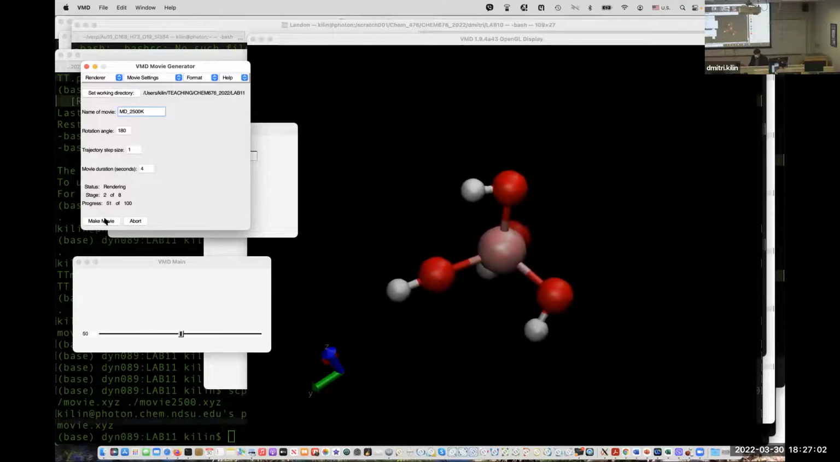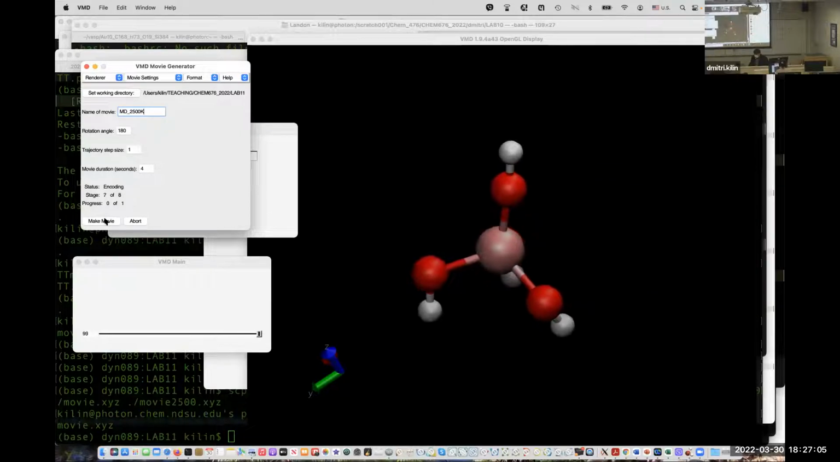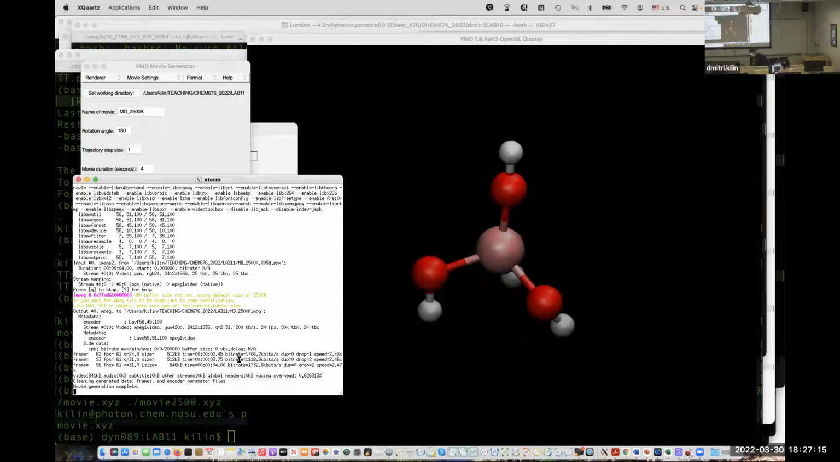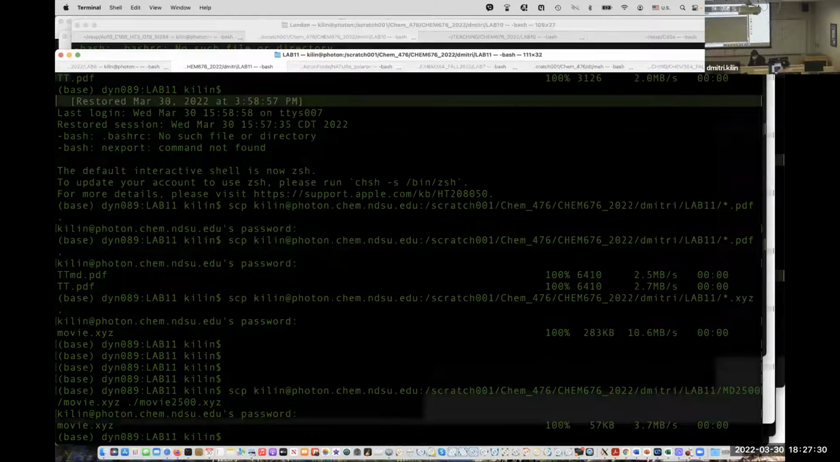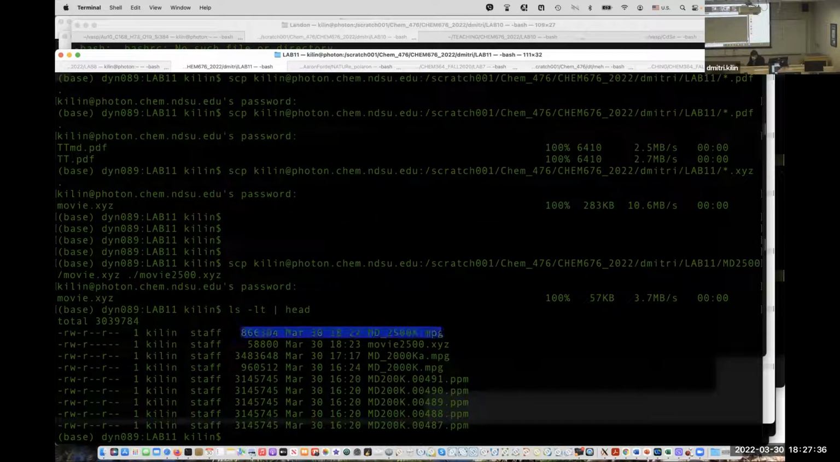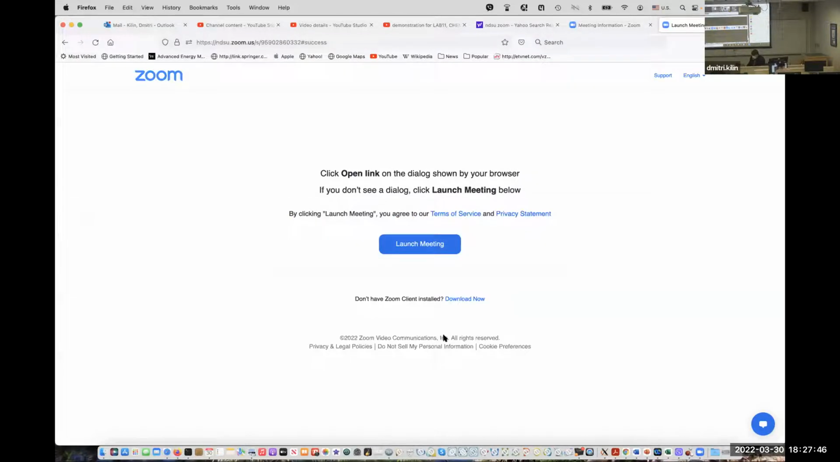So it goes over several snapshots, and in the command line where I executed VMD, it shows the progress, how the images are converted into the movie. And if after this I'm looking into the directory, there is a file that I was requesting, so MD 2500K. So after that, the only thing left is to upload this